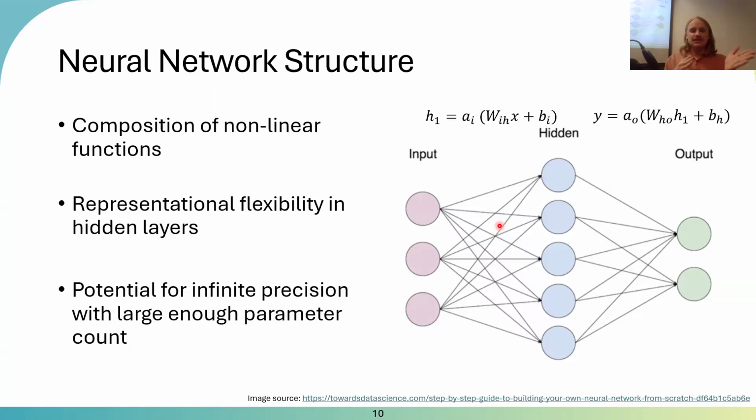By introducing these nonlinear layers, which we'll call hidden layers, because in many of the other models we'd be looking at, instead of having a hidden layer in between, we'd simply have a direct mapping from the input to the output. So by introducing this hidden layer in between our input and output, it gives so much additional flexibility as to how that data can be represented and transformed in order to find these patterns and make